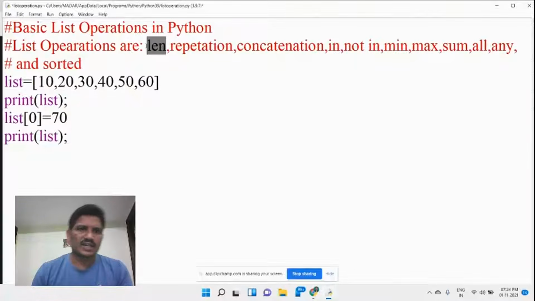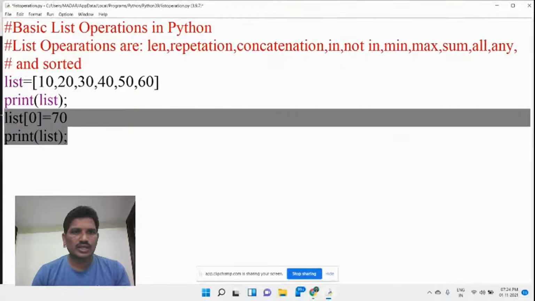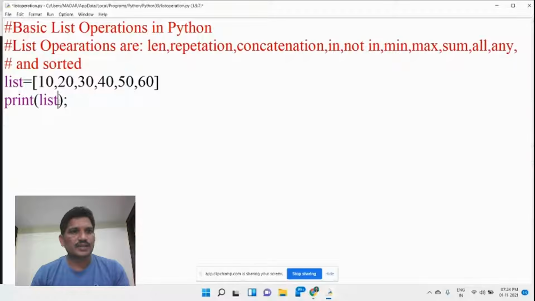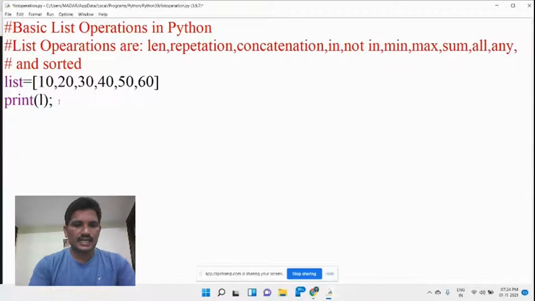What is the len function? len stands for length. If you do not know how many elements are there in the list, then to find the length of the list we can use the length operation.